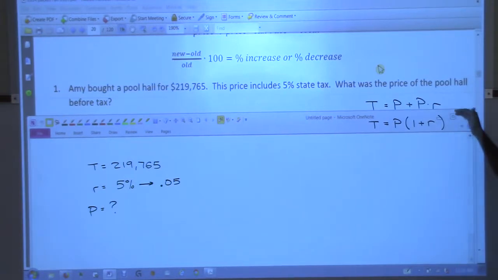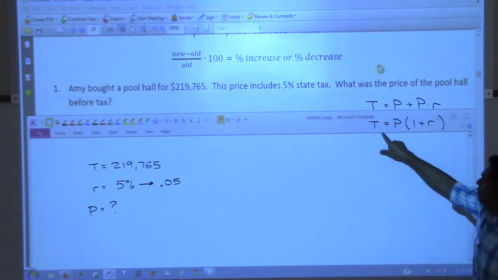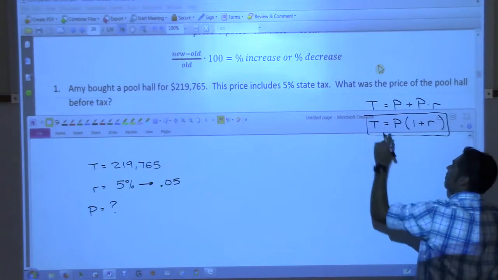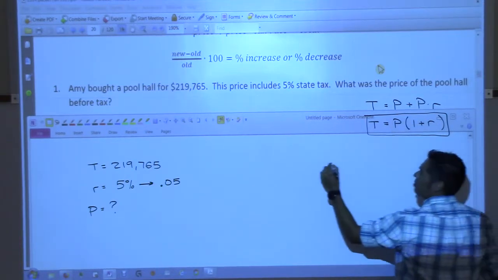So would you like to use the top formula or the bottom formula? I don't care. You want to use the bottom? Okay, let's go with the bottom one. So I'm going to rewrite this formula right here. And I'm just going to replace T with